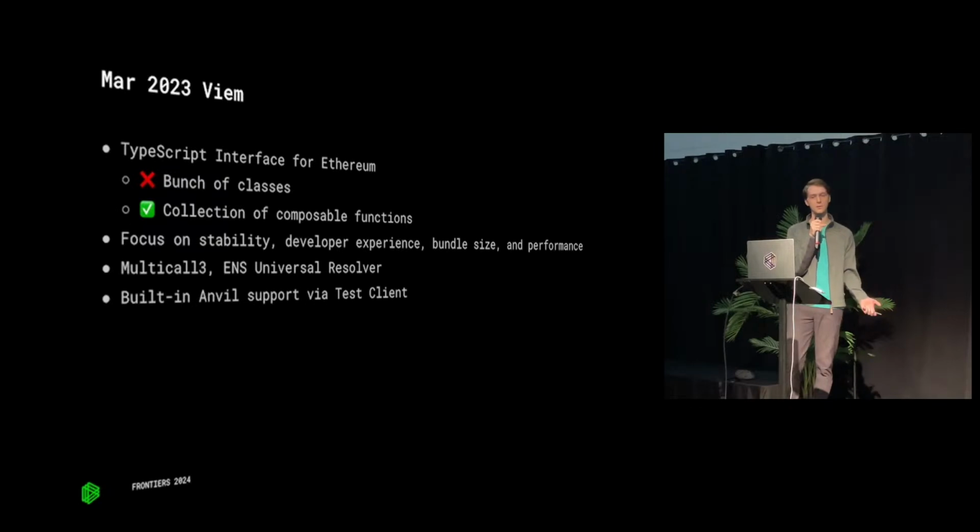It also does some other cool things, like has built-in multi-call support. No matter what chain you're on, if the chain supports multi-call 3, that works. Also, just some other optimizations, like it uses modern contracts that Web3 and Ethers didn't use, like ENS Universal Resolver, so it is able to resolve and look up with one RPC call instead of 3 or 4, depending on what you're